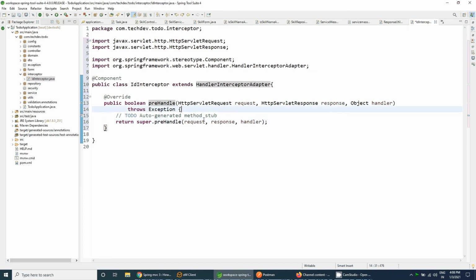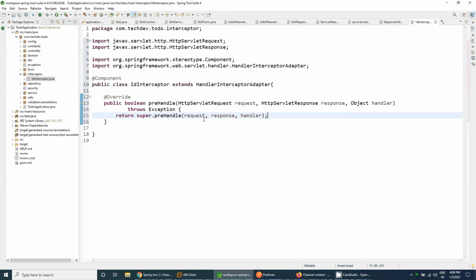So in the preHandle method, we first have to get the path variable and its value coming inside our request, and we need to validate that the ID already exists inside our database and is a valid ID.